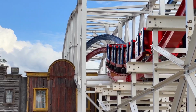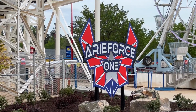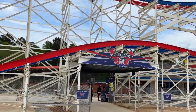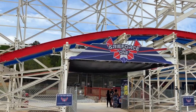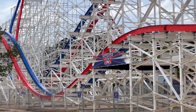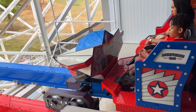When you are driving up to the park, the ride seems out of place because as you crest over the hill on the road, all you see is this massive towering roller coaster on the side of the road. As you drive into the park itself, the coaster sign is directly in front of you, so the coaster makes a very good impression. When you enter the main entrance, you can see a long stretch of airtime hills in the distance, and you have to walk to the back of the park and to the left to get to